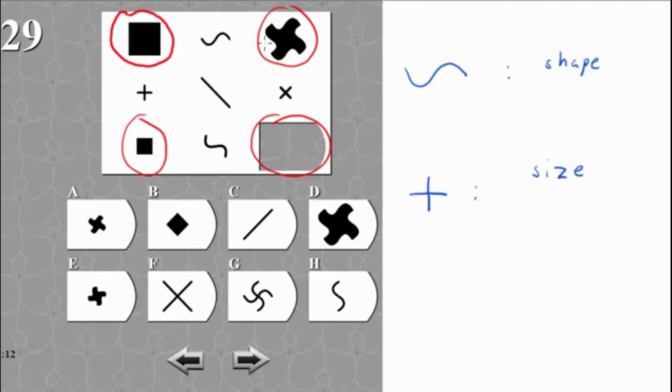Then we could ask ourselves if this one determines the size as well as the shape. And likewise, we could ask if this one determines the shape as well as the size. And the answer to both questions is no. And we can argue like this, that if this one determined the shape,